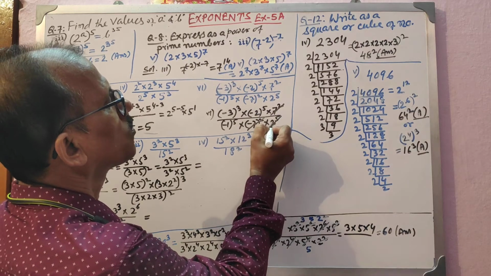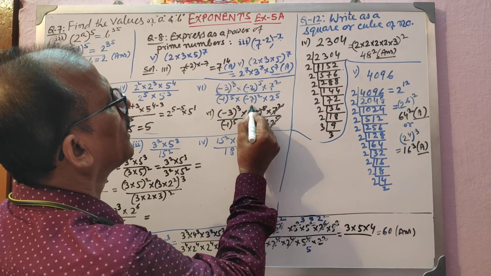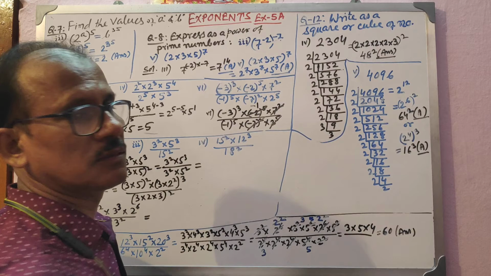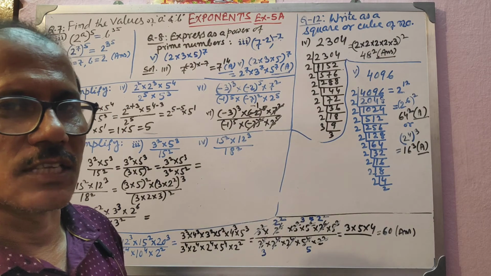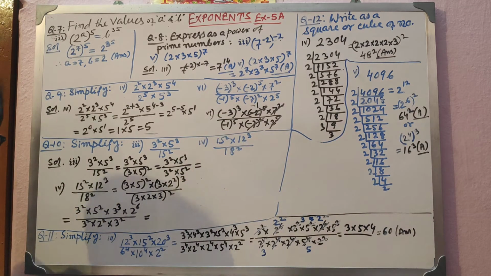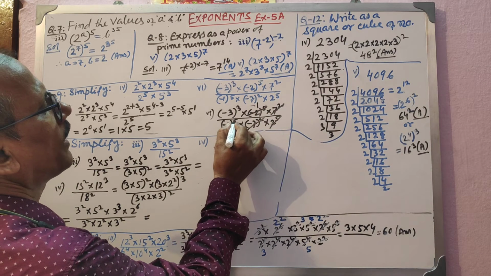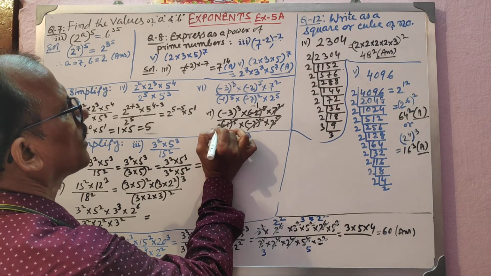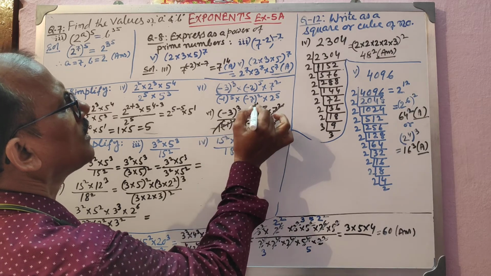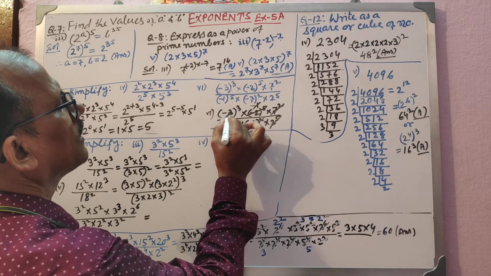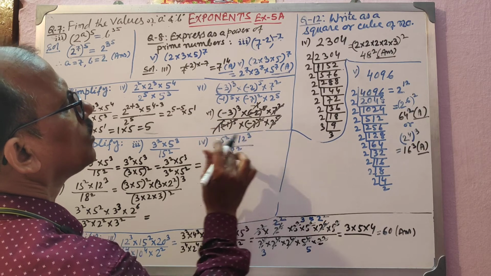Here minus 1 will be there, because the answer will come in minus, but the answer will be the same numerical value. Could you understand? So minus 1. Now minus 1 to the power 5 means minus 1. You can cancel this minus 1 and minus 1, then the value remaining is 3 to the power